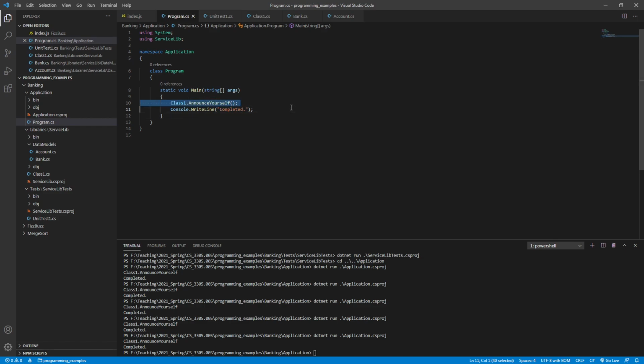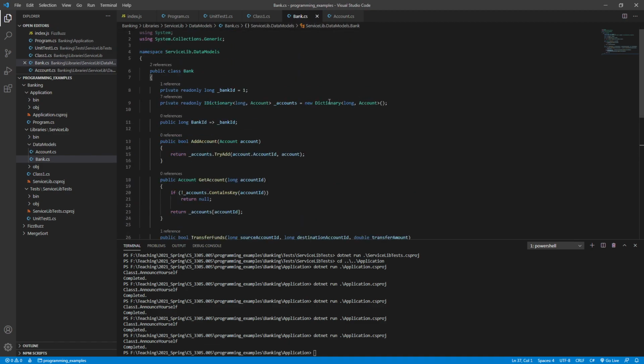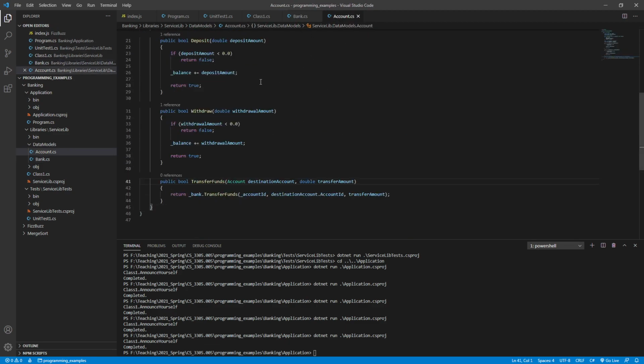or I think since this whole exercise was about not just creating deposit and withdrawal ability, but the unit tests themselves. Let's create it in the unit tests. So the test library, so service-lib and then service-lib tests, these are parallel with one another. They mirror each other. So if we're testing something that lives in data models, then the convention that I follow, and it may vary from business to business, but the one that I follow is to create that same directory structure within this project, and then to create this parallel class so that we have account